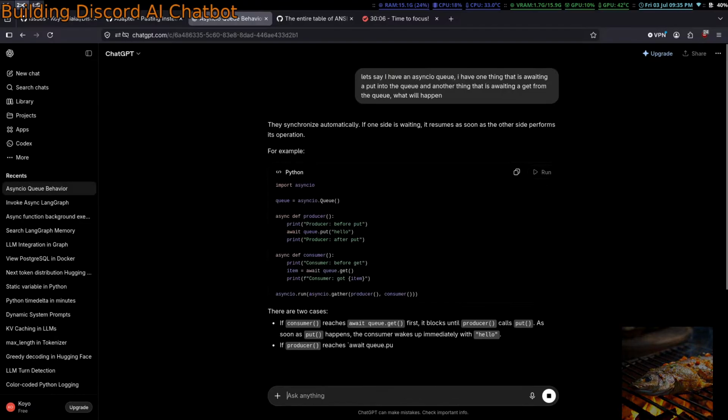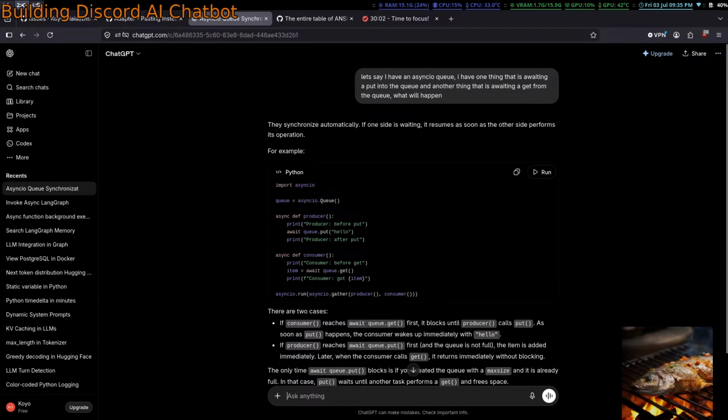I think it just blocks, right? The consumer blocks until the producer calls put. So it reaches get, it blocks until this thing puts. As soon as put happens, okay. asyncio.gather. So it should be able to put, right?